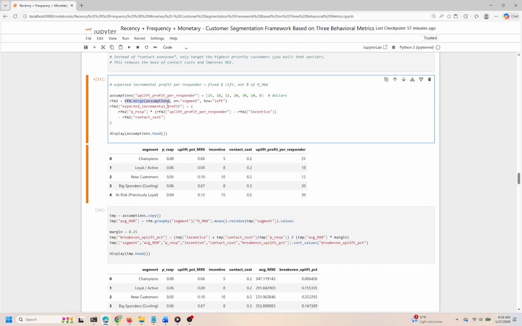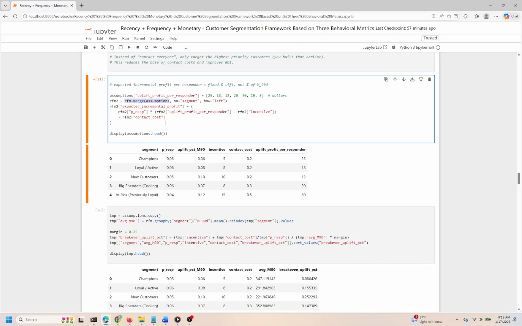Following this, we merge this assumptions data with our existing RFM data, which helps us connect customer segments with their respective profit assumptions. Now we really dive into the calculation of expected incremental profit for each segment. We're using a formula that takes the proportion of responders, adjusts for the profit per responder by subtracting any incentives given, and then deducts the contact costs. This ensures that we're not just looking at gross profit, but are accounting for the expenses associated with reaching out